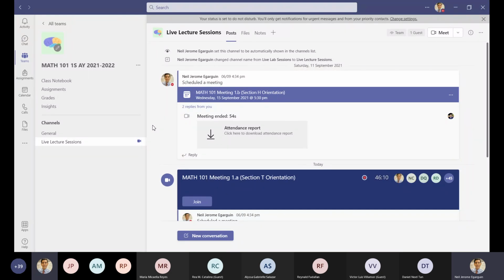Unfortunately, the teleconferencing feature of Canvas ay hindi ganon... I mean, I don't know if it's just on my part, pero masyado pa siyang buggy. So I decided not to use it for now. We did a test run with your lab instructors at nag-blue screen yung laptop ko when I was doing the meeting there. So to avoid destroying my laptop, I decided, okay, I'm gonna use Microsoft Teams as the teleconferencing